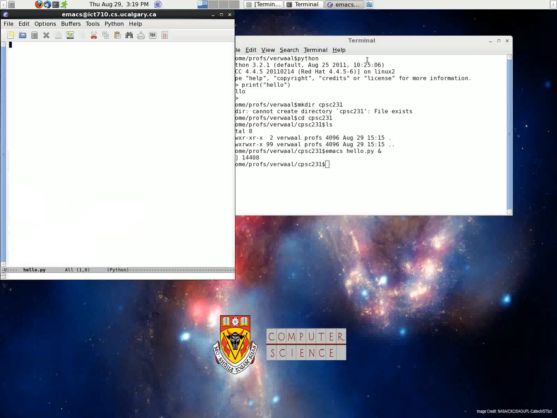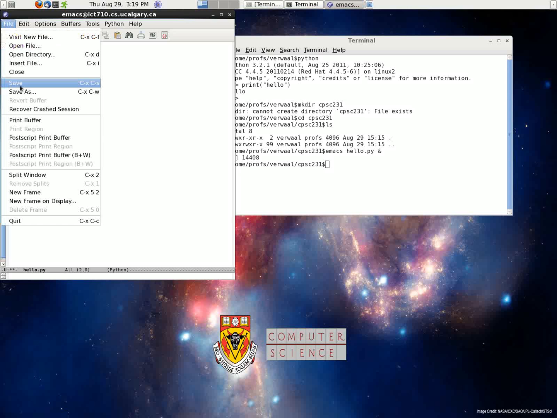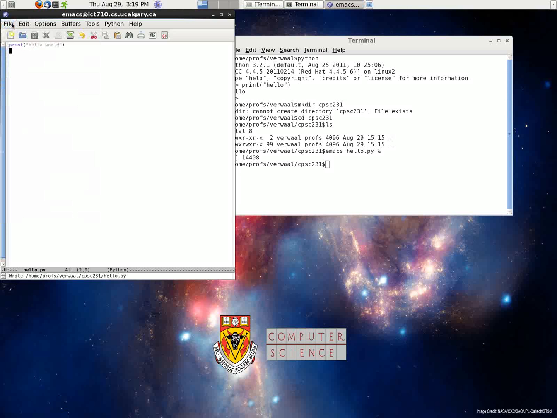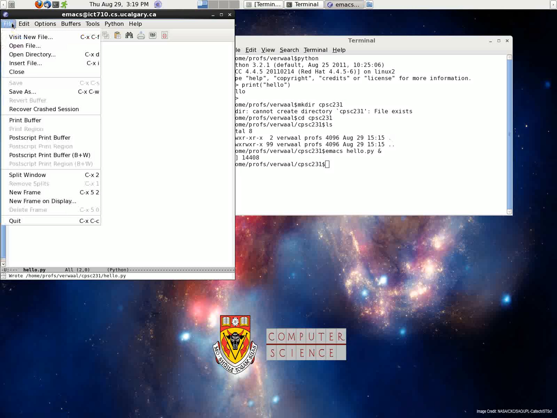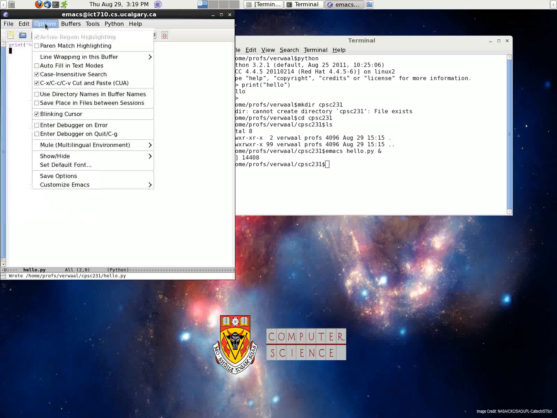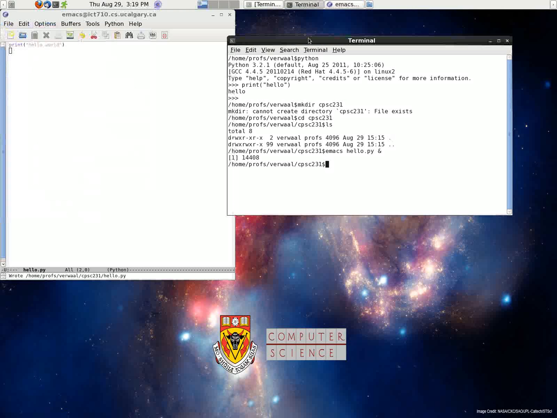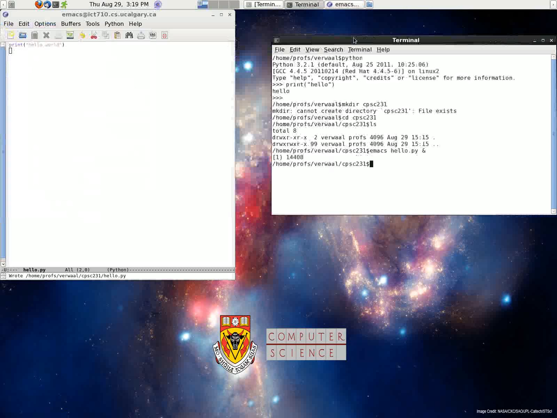Here is a very simple program. Print hello world. I want to save this. So File, Save. So it's saved. Once I go back to my terminal, if I do a listing,